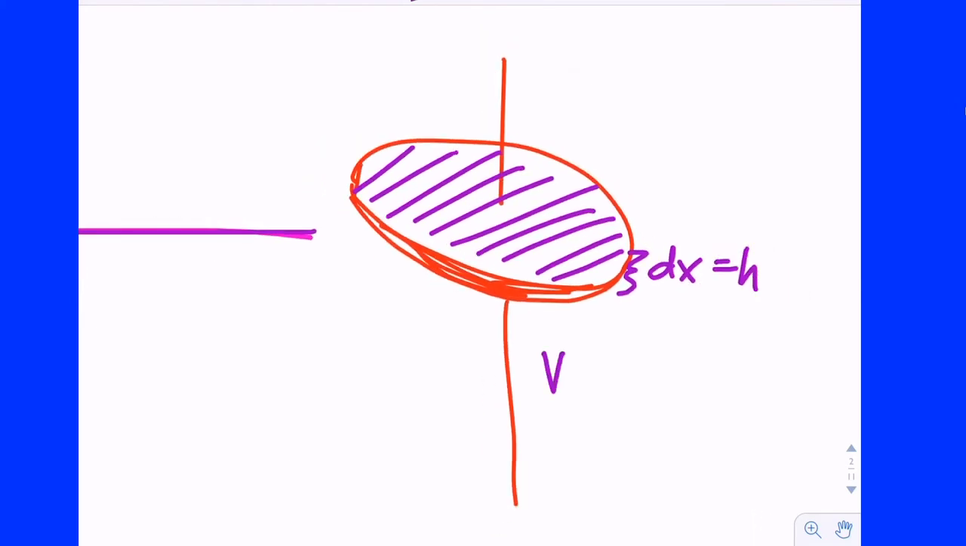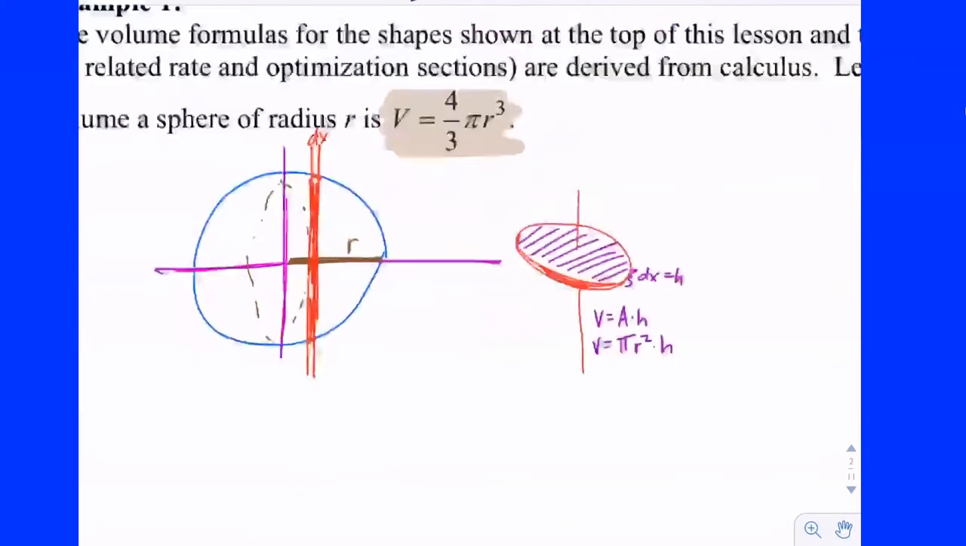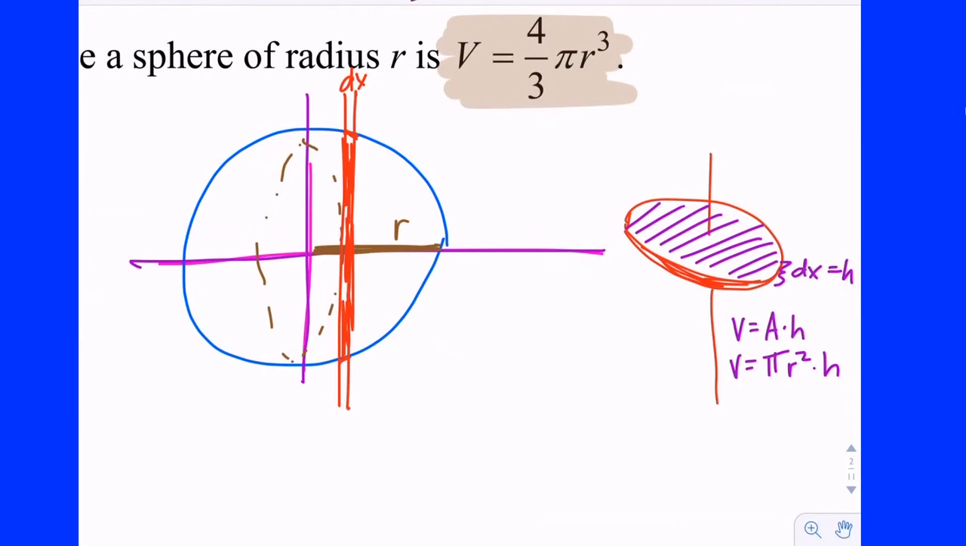So here we go. The volume of that little slice is going to be the area of the face times the height. Well, what's the area of the face? What shape is it? It's a circle, which is pi r squared times h. Now, here's the thing. I can't use little r there. You know why? Because little r we're treating like a constant. It's the radius of the sphere. The radius of my slice